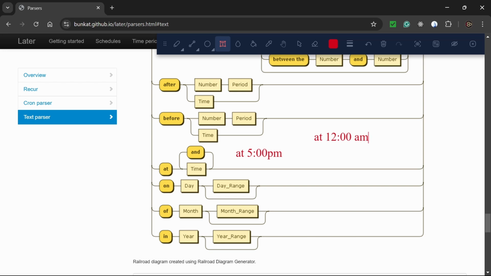to begin. But what if you don't want it every day? Instead, you want your crawl to start at a specific time on a specific day. In that case, you would write at the time on the day. For example, to start the crawl at 5 p.m. on Wednesday. In that case, you will write at 5 p.m. on